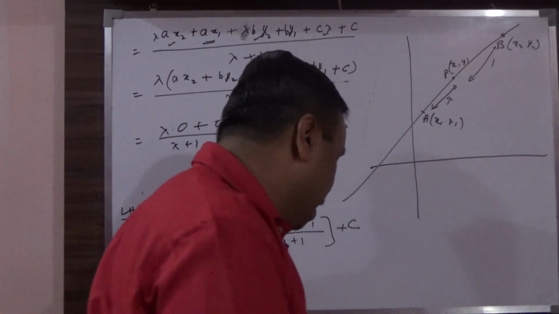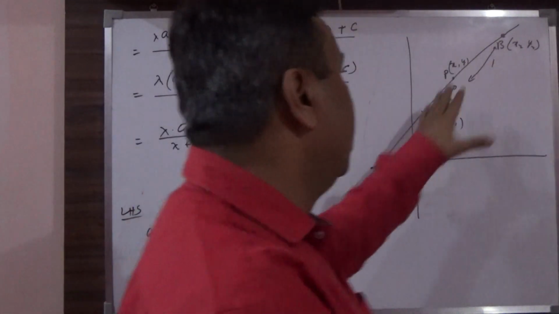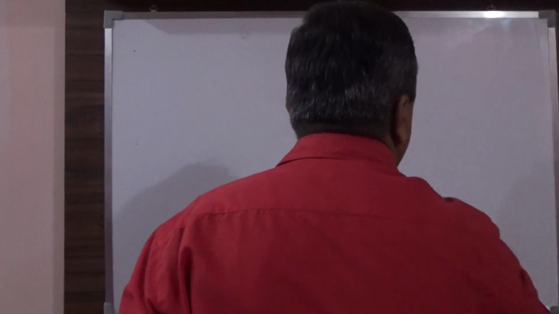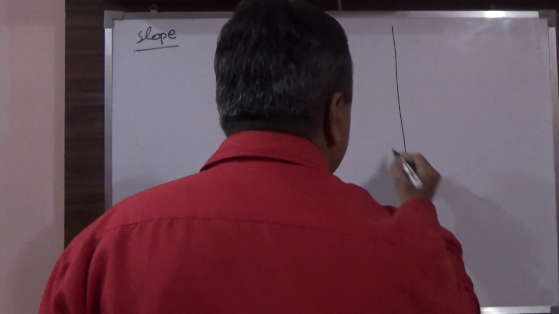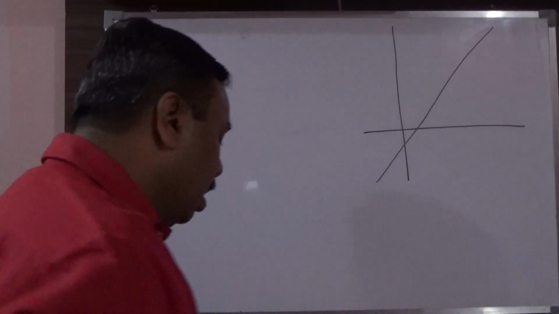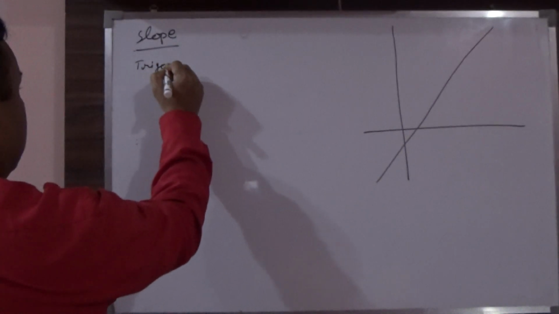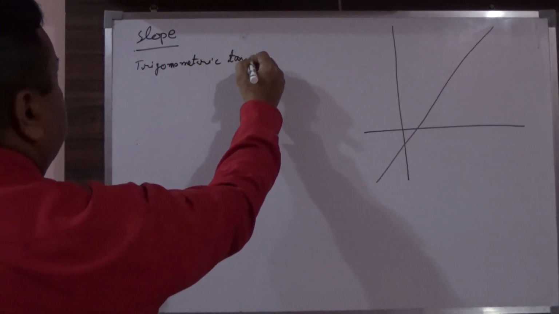Now the next thing that I am going to do is how to find out the slope of a line. Obviously, first I will define what the slope is, and then I will say how to find it. Now what is a slope? Just suppose that this is the equation. Slope is the trigonometric tangent